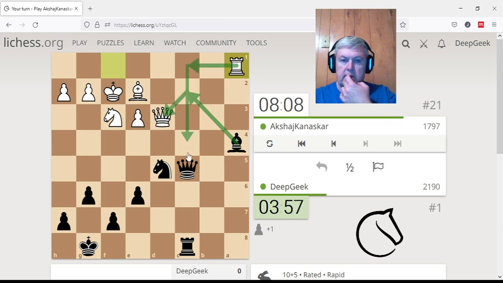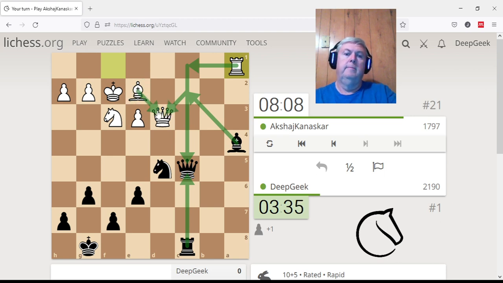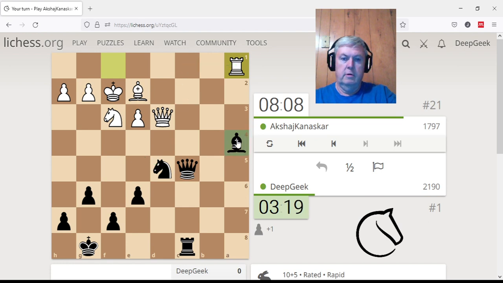Comes back, captures, captures, captures, captures. Doesn't work very well. Here, he pins it. I capture, he captures. I capture, he captures. Run the exchange up, that's okay. I play here, he plays here, I play here, forking these two. He can still either lose the exchange or...